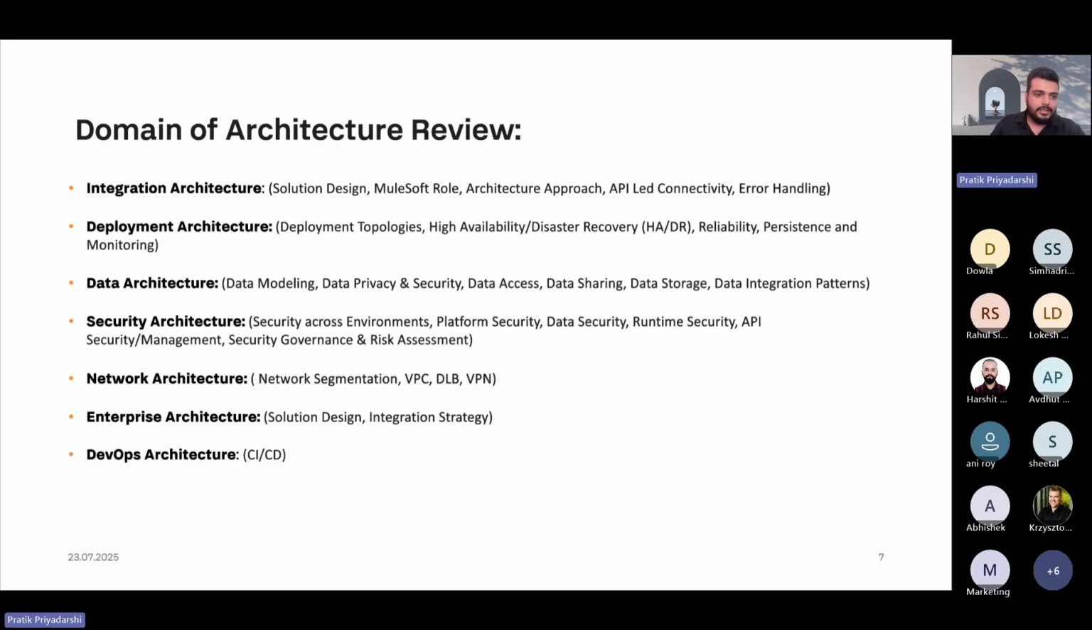So let's come to the network architecture. You may build the strongest API in the world, but a weak perimeter turns your strong APIs into soft targets. So again, in the network architecture, we assess your VPC configurations. We check the segmentation. Are they done correctly across your business units and environments? We evaluate your dedicated load balancer routing rules. Are they correct or not? Are they mistakenly exposing your internal apps